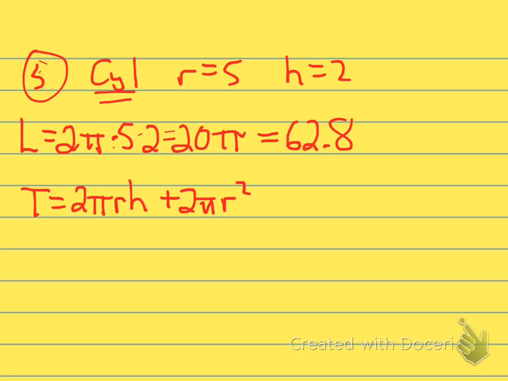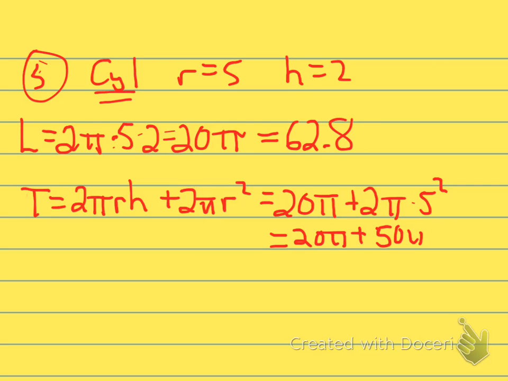So that's going to be 20 pi plus 2 pi times 5 squared. Well, that's going to be 20 pi plus 2 times 25 pi is 50 pi. We get 70 pi. That's a good answer, or if you want to change it to decimal,